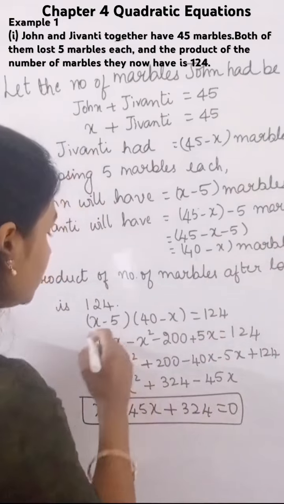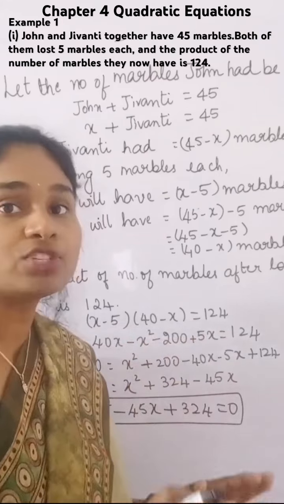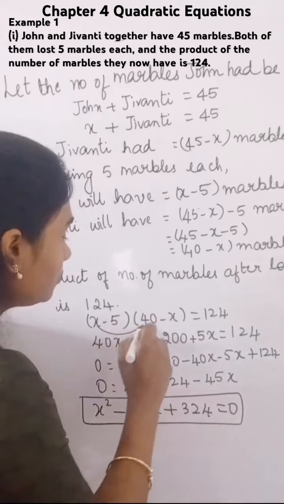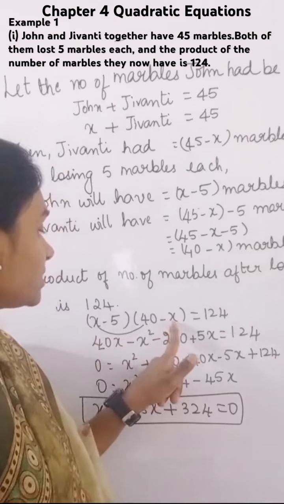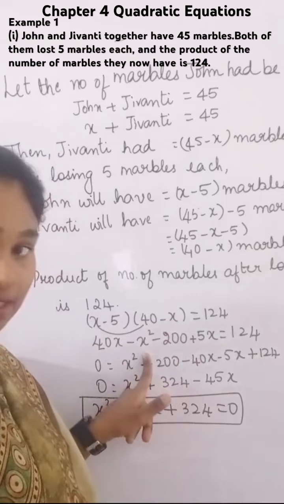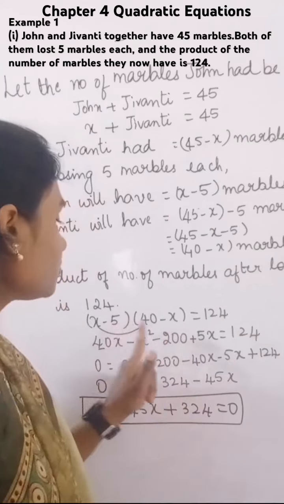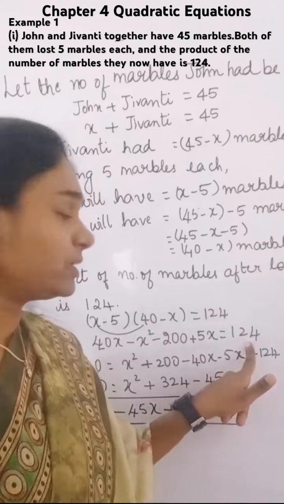Now here you see x minus 5 into 40 minus x is equal to 144, which is given in the question. So now when we further solve this, x into 40 will give us 40x, minus x into x is minus x square. Minus 5 into 40 is minus 200, minus 5 into minus x is plus 5x, and equals 144. Then what